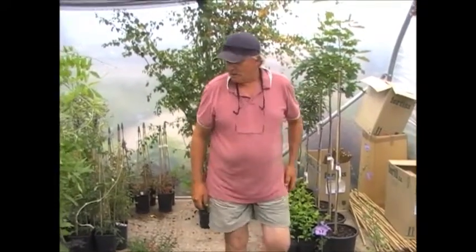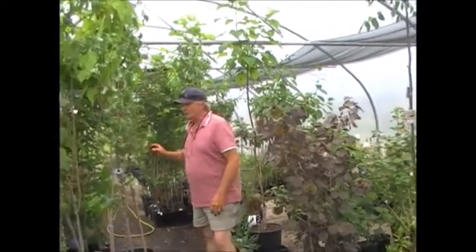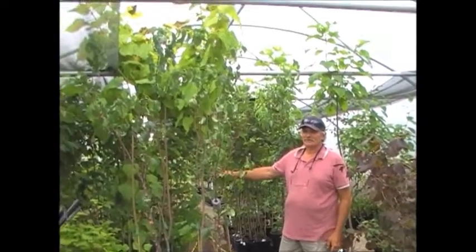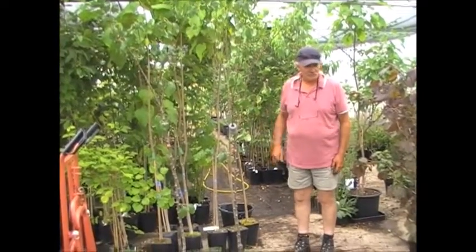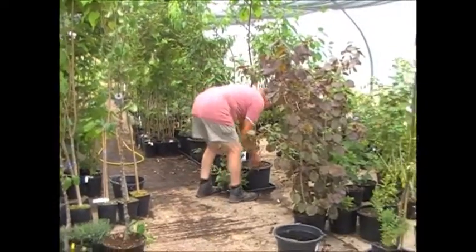And then there are a lot of trees here that I'm just waiting for a load of compost to come tomorrow. We use Roffey's compost, which is an exceptionally good material. These are all desperate to be potted up. These are Indian bean trees. We're going to put these into a big 25 litre pot,